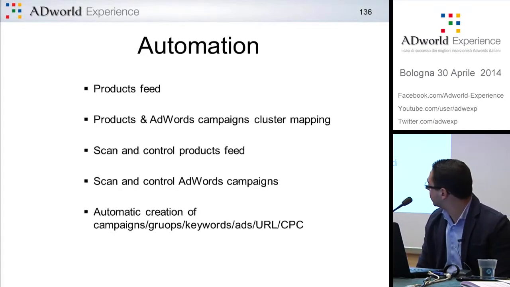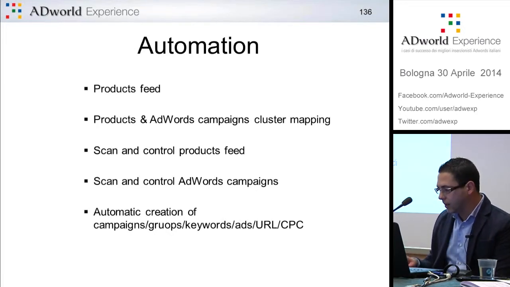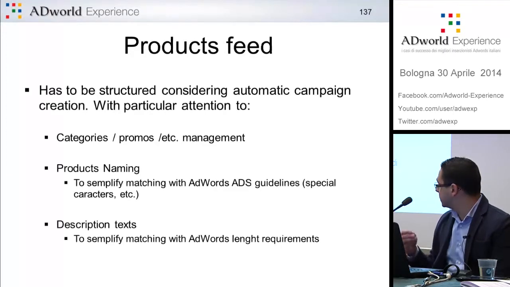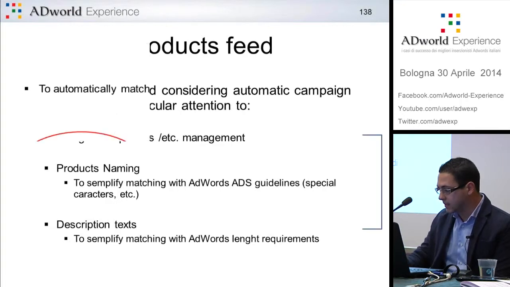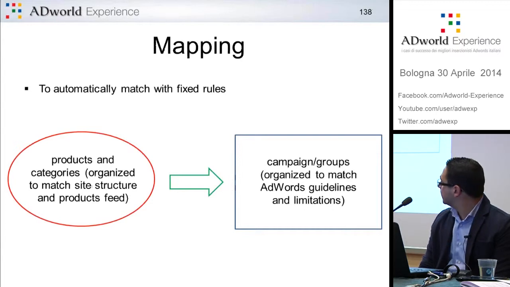And this refers also to AdWords prerequisites. So we need to pay special attention to, for example, product naming, product ID, as well as the language. The language and the currency have to be in line with the destination customers. We also have to pay special attention to the strings of text. There should be attention to special characters or to the length of texts. If the product feed is properly structured,